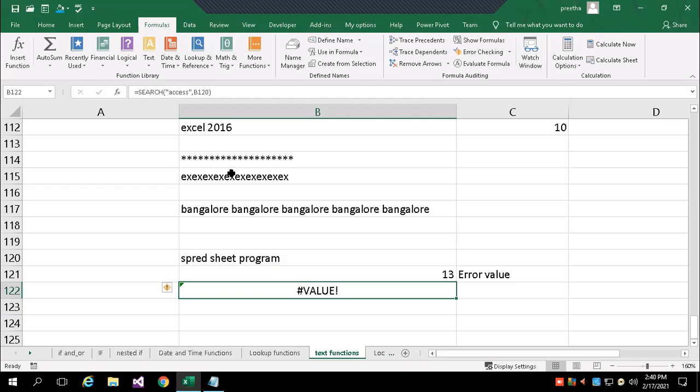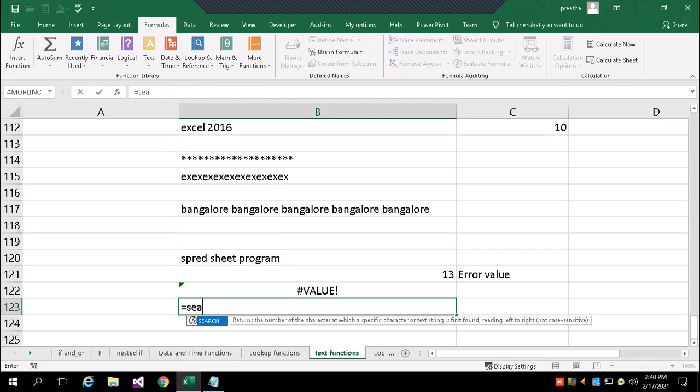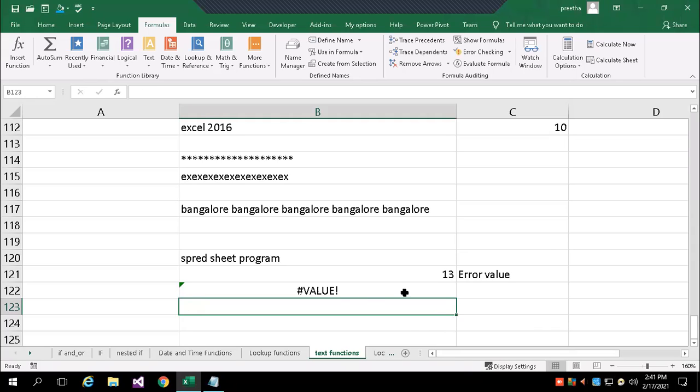So both of the functions will return error if the data is not found. Once you are starting, you can see it returns the number of characters at which a specific character string is found, reading left to right. The only thing is it's not case sensitive, but find is case sensitive.